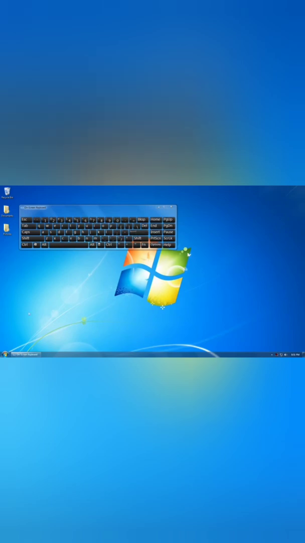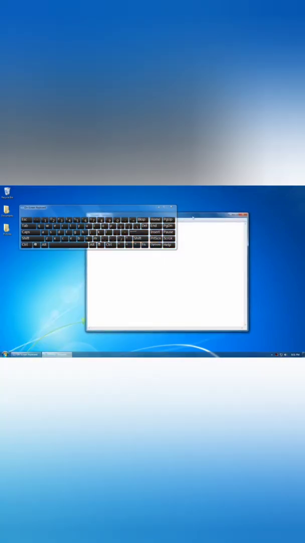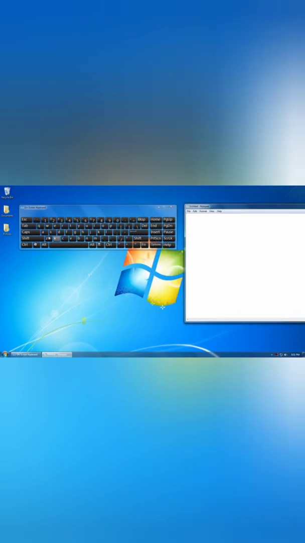Like this, a keyboard is coming on the screen. The use of this on-screen keyboard is that it helps to type without using a keyboard. If you want to type anything, you just click on the letters or digits. It's a very useful option, that on-screen keyboard. To reach it, click on the accessories, there the ease of access option is there, and there the on-screen keyboard option is there.